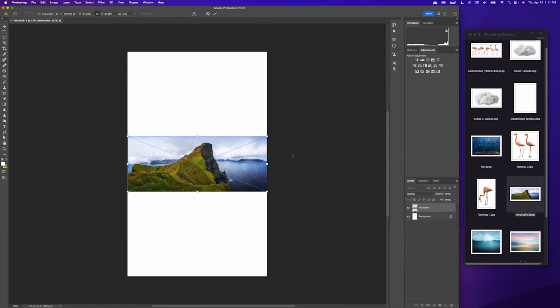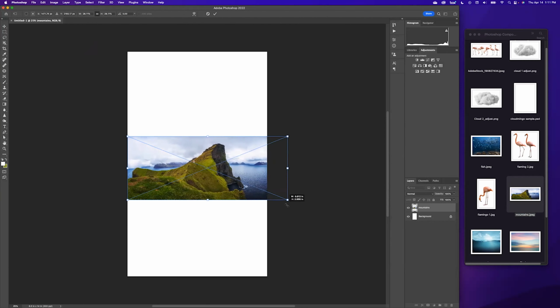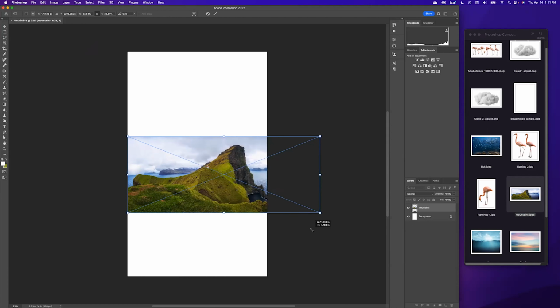If for whatever reason you don't like doing it that way, you can also go File and place linked. Linked is better. That's non-destructive, but either one of those will work. And then I resized it so that the edges were pretty close to the edge of the canvas. In fact,